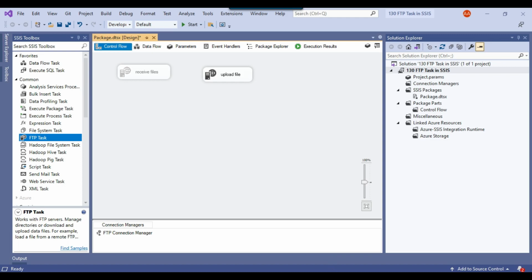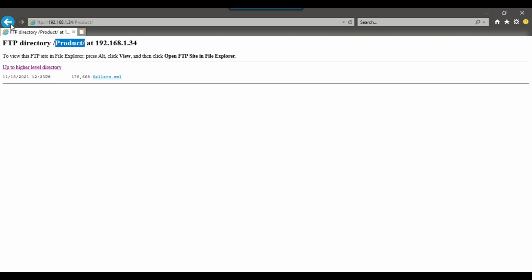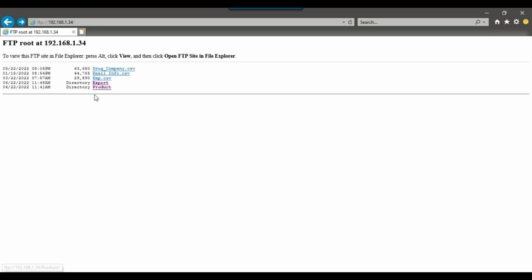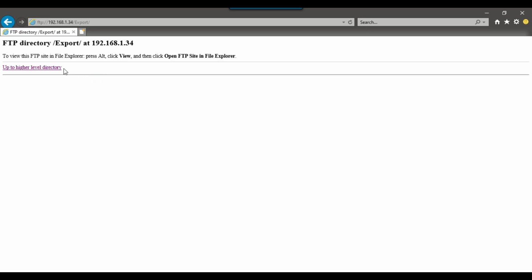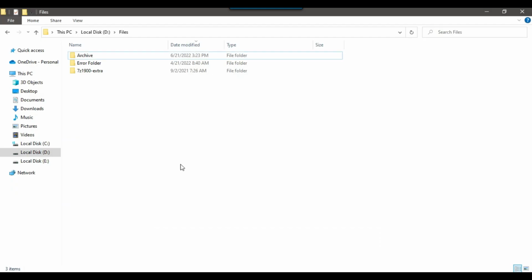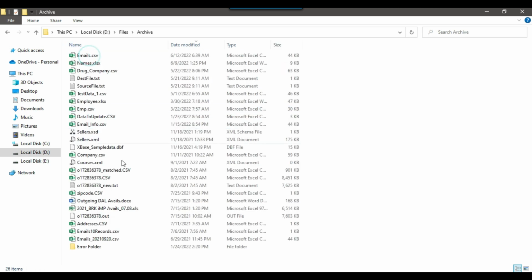I have one folder here on the FTP server called export. Suppose I export the data from the SSIS package and then I want to upload the exported file to the folder on the FTP server, so I want to upload the file to this location, the export directory on the FTP server. Let me copy one of the files from here.